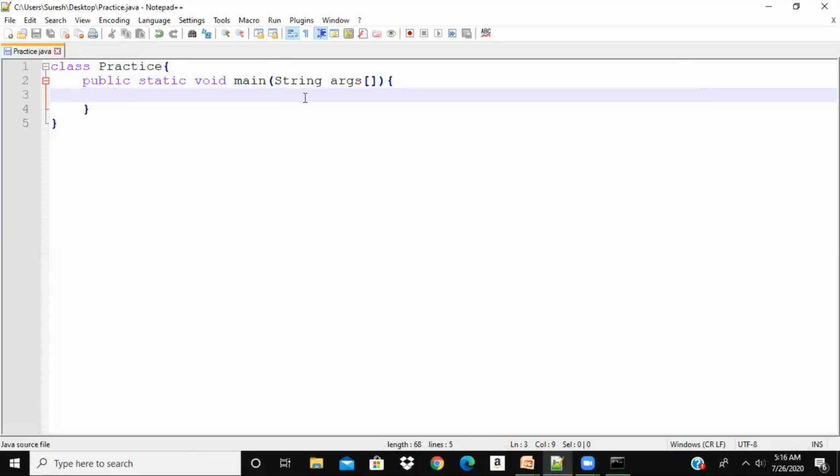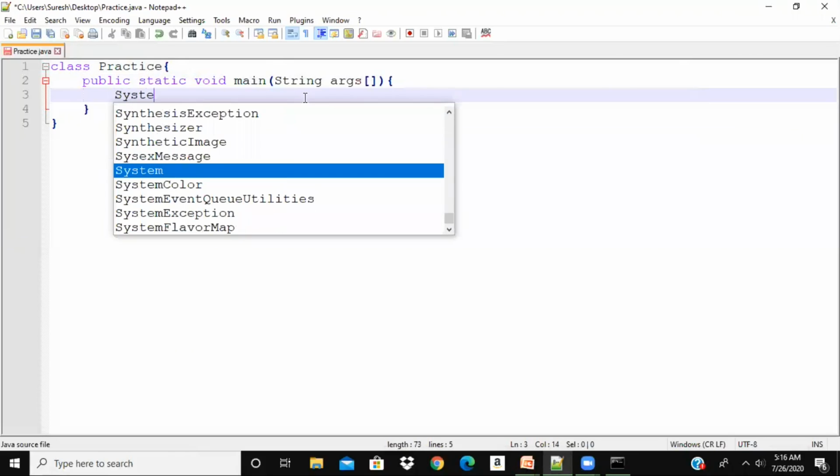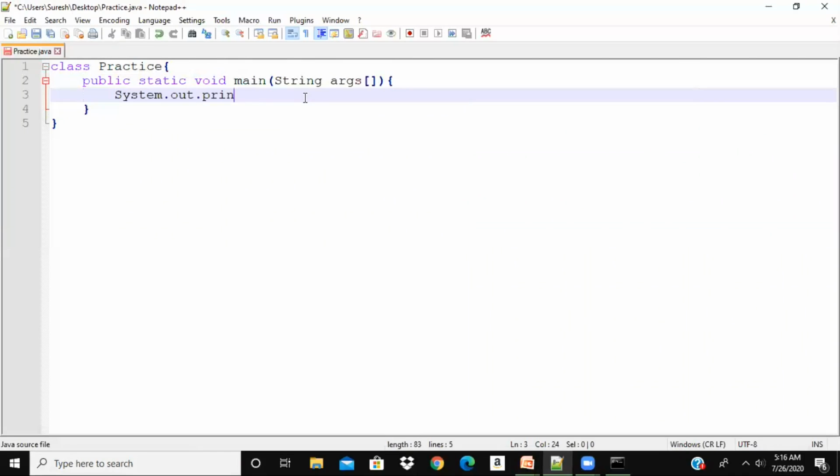If I come back here and try to print, System.out.println, the argument is in the args array, args of 0. That is the first element. I want to print it.